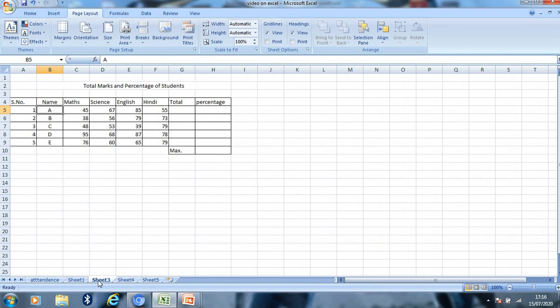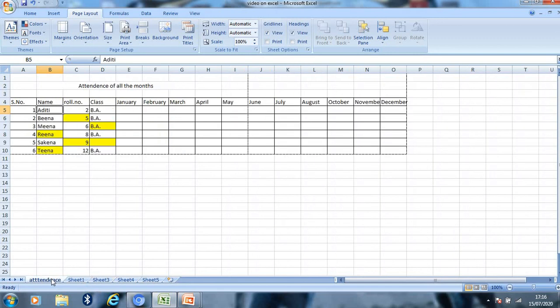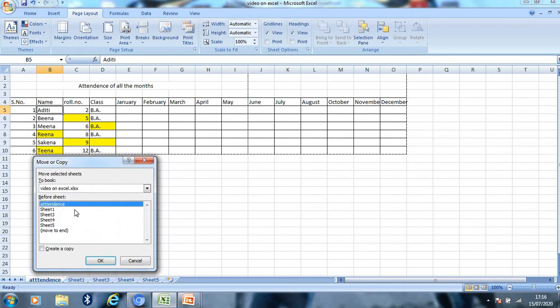Now copy a worksheet. If you want to create a copy of a particular worksheet, for example, I want to create a copy of the attendance worksheet into sheet 5, then select that worksheet, click the right button of your mouse, press Move or Copy, and then select sheet 5, create a copy, OK.